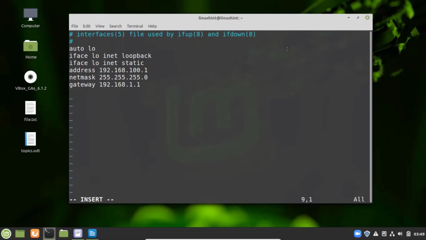And now we have to write the DNS name server, that is 8.8.8.8. So this is how you can assign the static IP address to your network interface, and you can configure your network interface. So in order to save these changes, you have to press escape if you are using the Vim editor, and then you have to write here :wq! and hit enter,